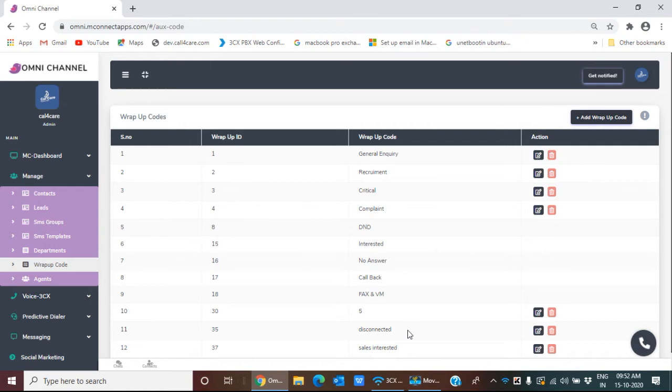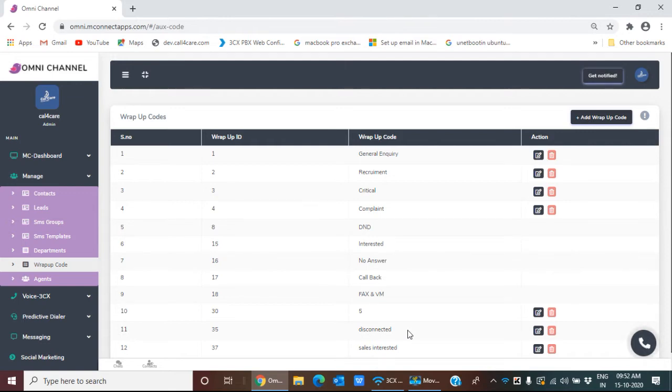Supposing the agent goes on categorizing the calls under disconnected, it means that when he has made a call, the call has been disconnected, which is a technical issue within the organization, a very serious issue which may go unnoticed if such a wrap-up code is not created. So wrap-up codes are not only important in customer interaction, they also indicate internal issues.